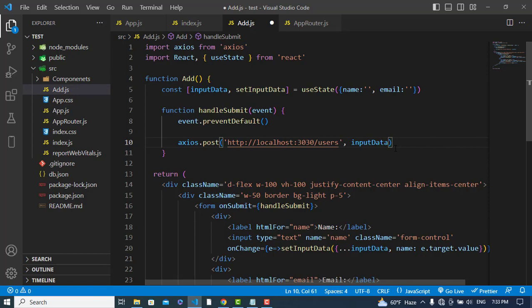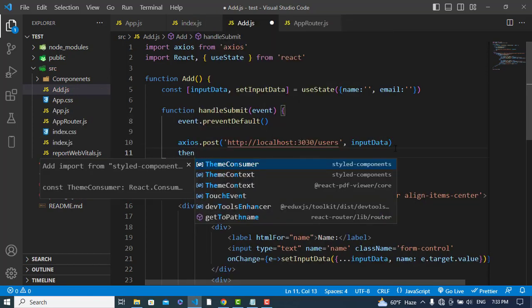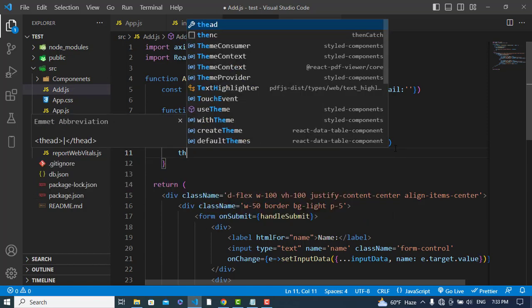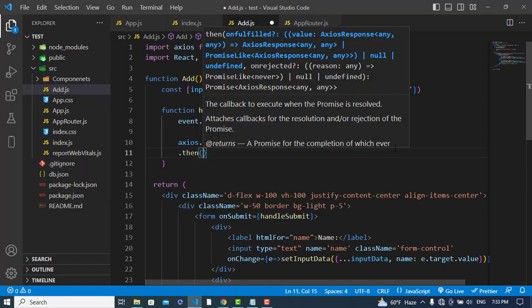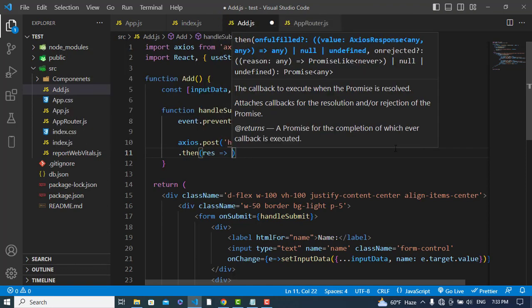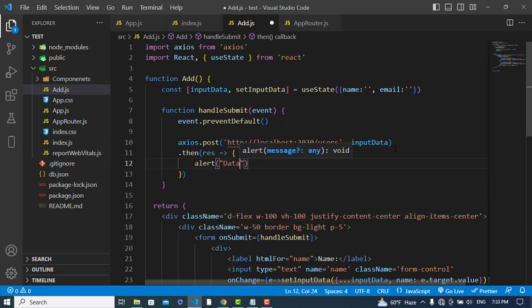So after that we will get an object, okay. We can give a message alert, "Data added successfully," and also we can